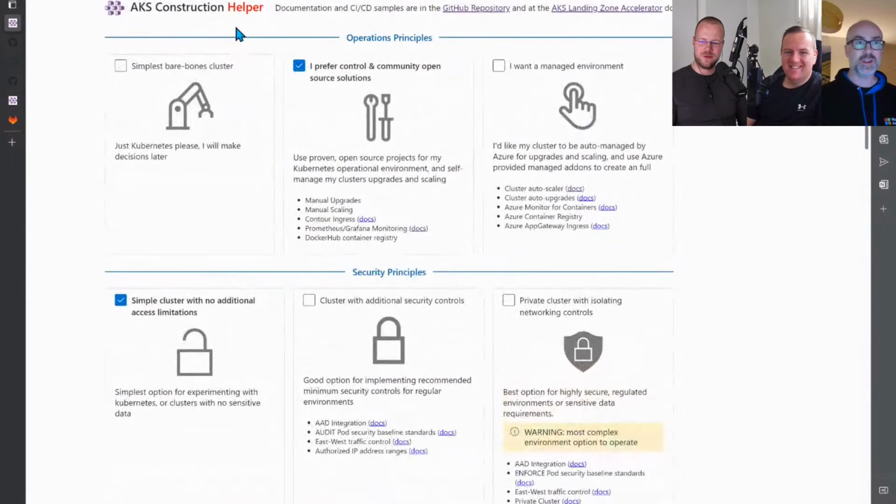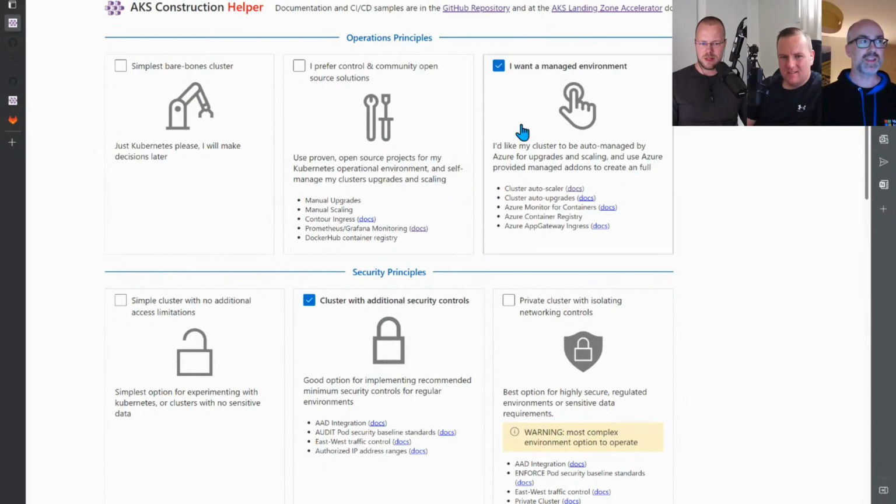If I go back up, and I have a feeling we're missing something of the screen. Yeah, I don't see your bar. You might have a second screen, right? I've got two screens, but I can see my mouse. Yeah, absolutely. But it breaks off at AKS construction helper at the top. Okay, yeah. There's a little address bar thing. Yeah, but we don't see it. It's not that bad. Okay, well, I'll try and not play with my toolbar too much. I think we're good. We'll just keep all the content in the middle.